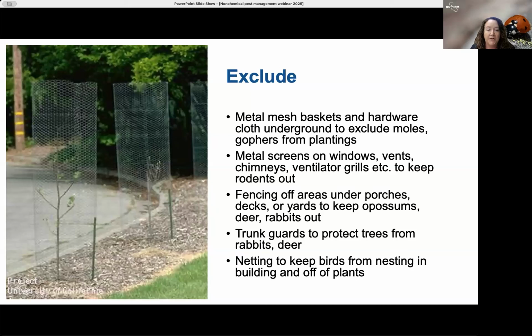There are different kinds of trunk guards that are made out of more of a hard plastic that you can use around trees to protect them from gnawing or nibbling by rabbits, deer, other things. And then I mentioned netting before for birds. So there are various types of bird spikes or bird nets that you can put on buildings or eaves to not allow birds to roost or nest there. And there are nets that you can put over whole trees to keep the birds from getting to your fruit. Those are a little harder to deal with, but